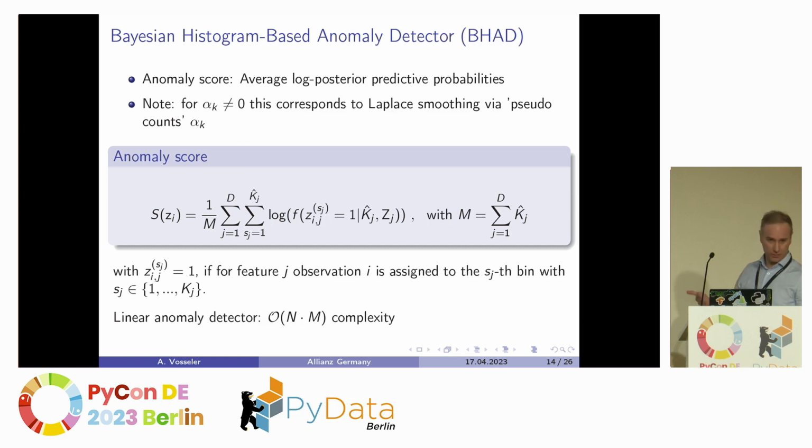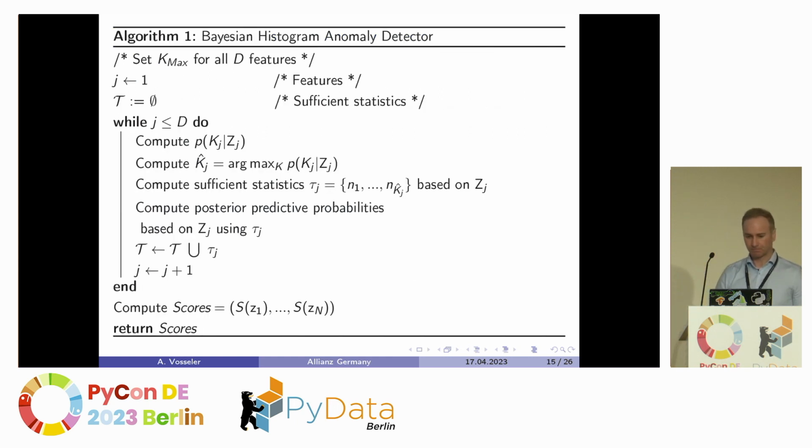First of all, the computation, because it's a simple arithmetic mean, so it's linear. The complexity is n times m, where m is, so to say, the number of bins. And it also allows some sort of explainability, obviously, because low scores mean being outlierish and vice versa, so we can simply look at the different components of the sum and see what makes the most contribution. That's a little bit the idea.